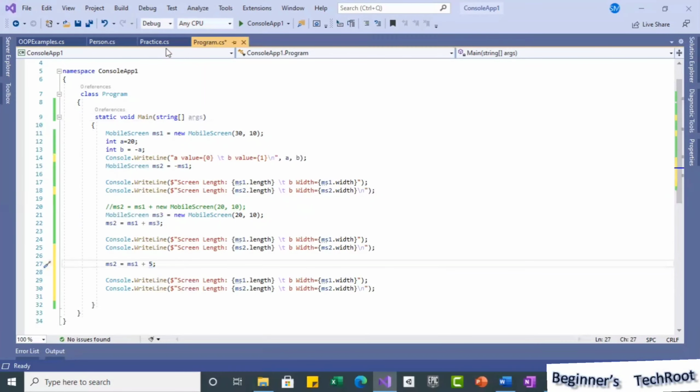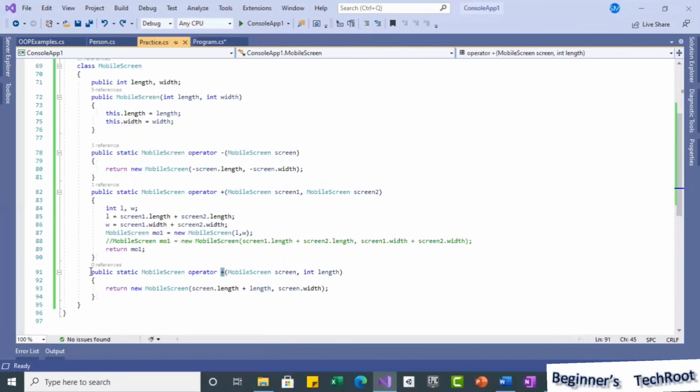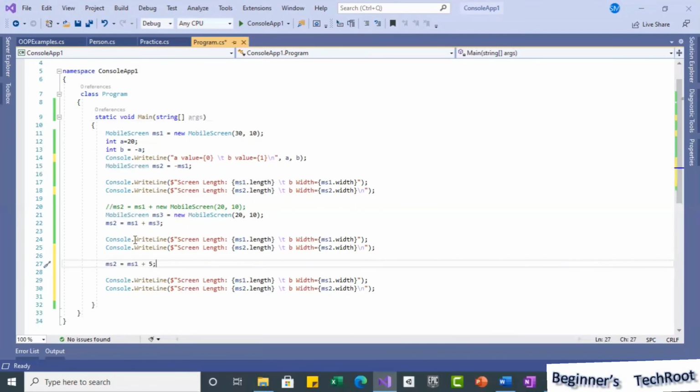Then automatically it will decide to call this overloaded operator method. So what happens is only the length value will be increased by 5. For the first object, length we have given as 30, so it increases only by 5, so 35, and width will remain the same, 10.